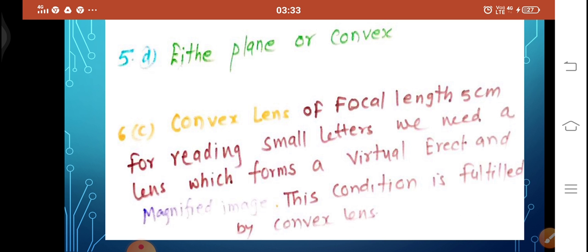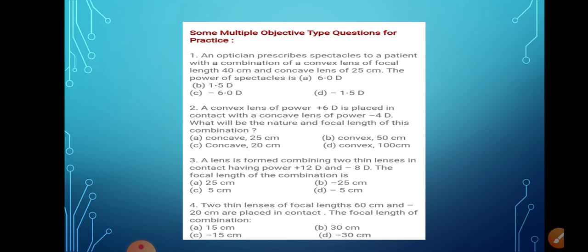So you have to solve this much. These 6 questions we have discussed. All are very simple questions. Now write all these 6 questions in your notebook. In the next period we will discuss a few more questions. Here one more question, I think, this much only. So these 4 questions you try to solve, very simple, related to power. Thank you.